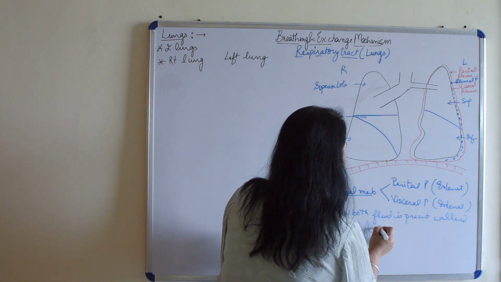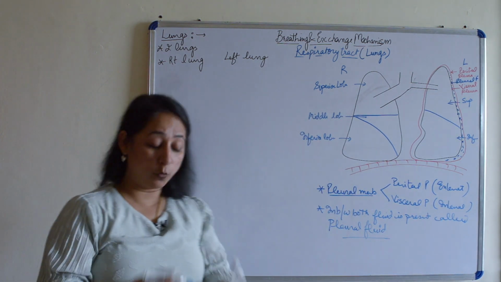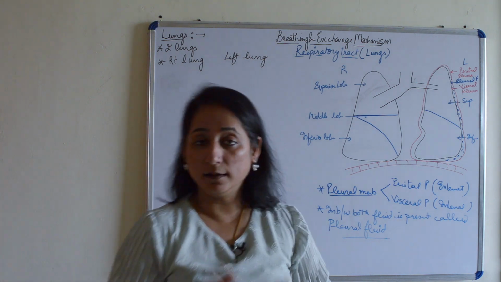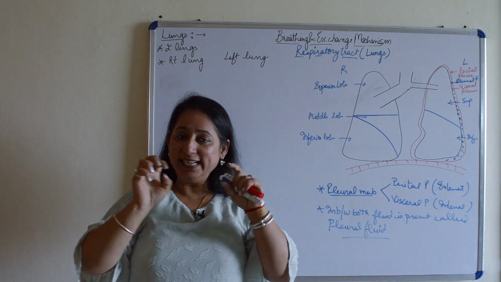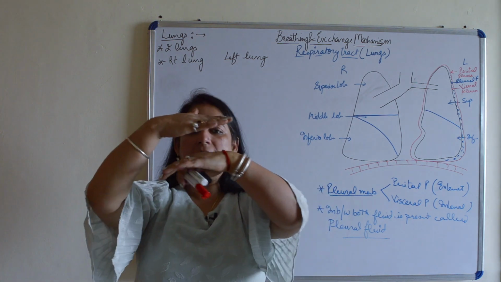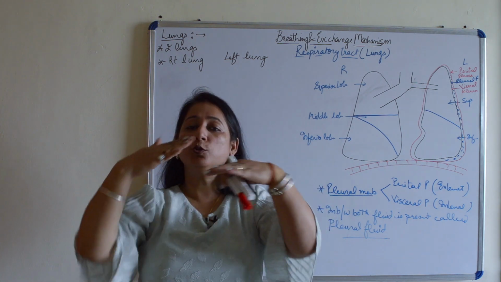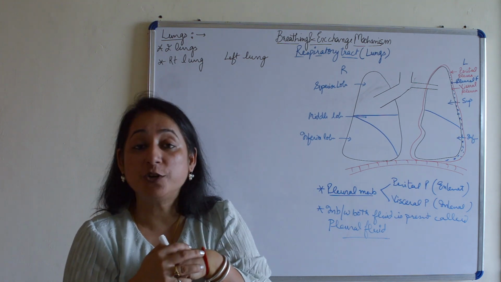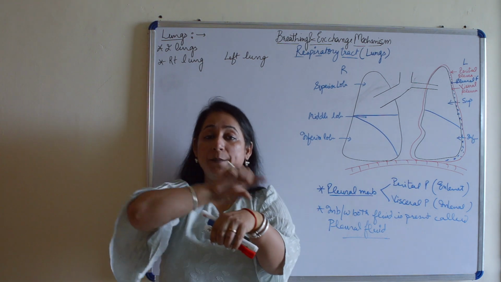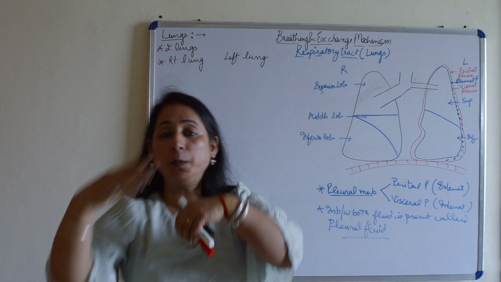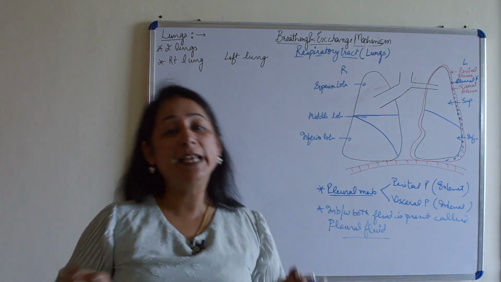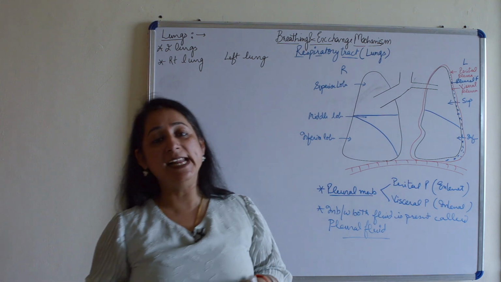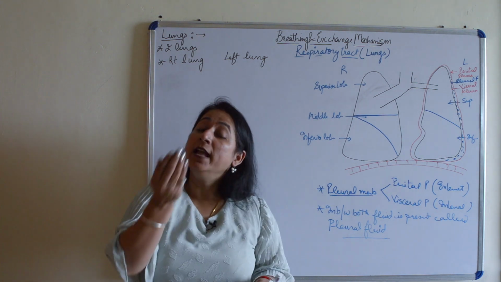Pleural fluid. Now what is the role of pleural fluid? Pleural fluid protects the lungs, and as we know, the lungs contract and relax. So both the layers can get damaged due to the friction caused by contraction and relaxation. So this pleural membrane forms a packaging between the two and prevents any damage to the lungs due to friction during contraction and relaxation of the lungs during inhalation and exhalation.